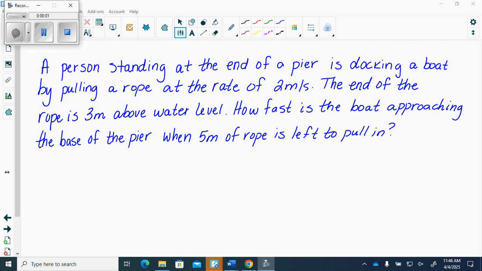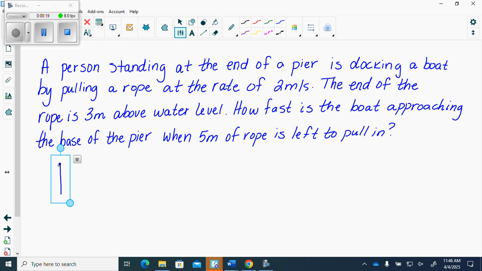A person standing at the end of a pier is docking a boat by pulling a rope at the end, at the rate of 2 meters per second. The end of the rope is 3 meters above the water level. How fast is the boat approaching the base of the pier when there are 5 meters of rope left to pull in? So here's our little